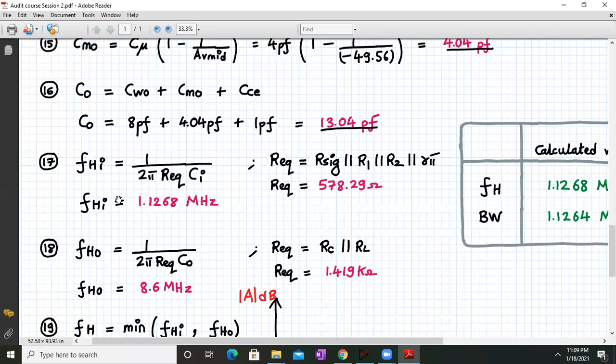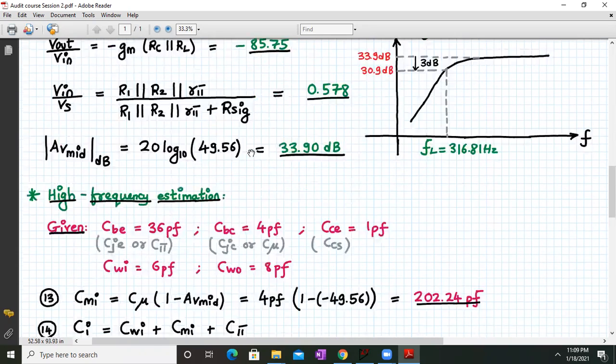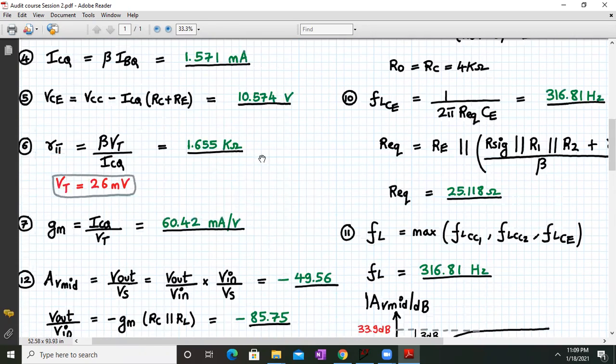Now, we will calculate the higher cutoff frequency at the input side, which is given by the formula 1 upon 2 pi R equivalent into Ci. In this case, the R equivalent is R sig parallel to R1, parallel to R2, parallel to R pi. R pi value you can take from the previous analysis.